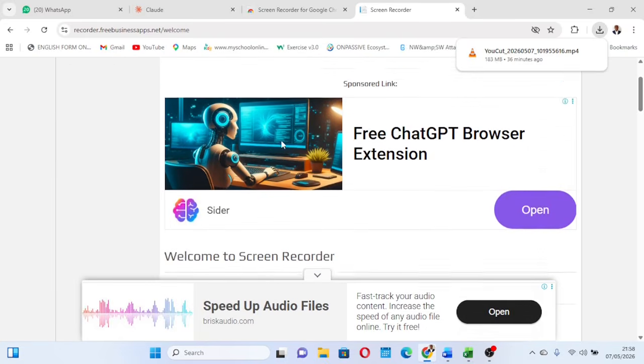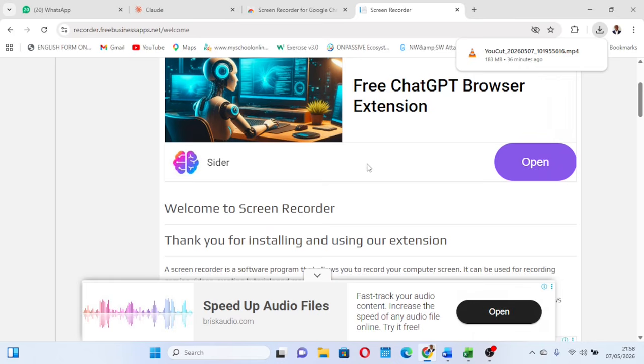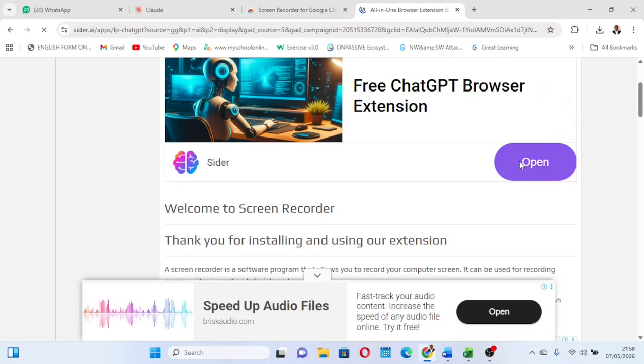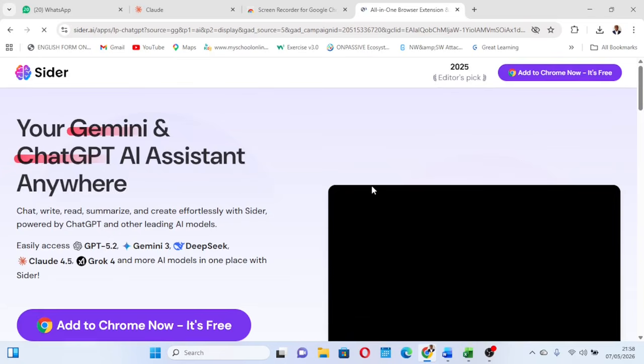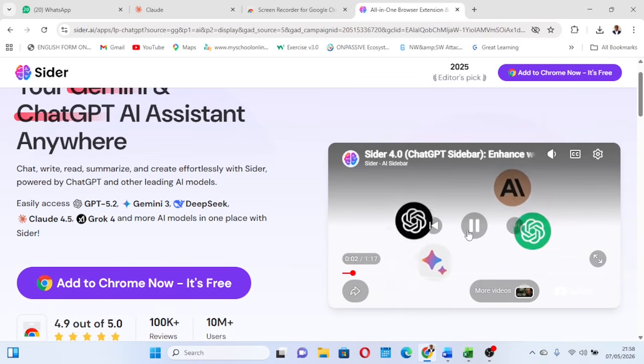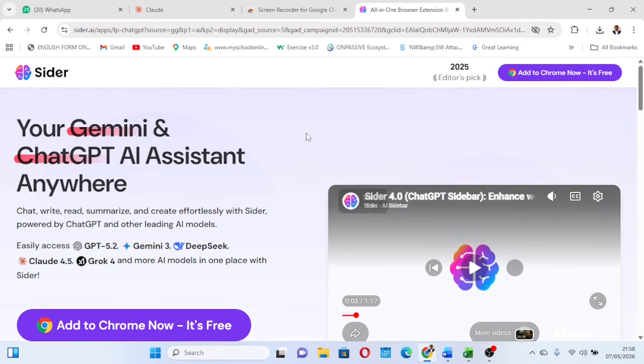Now what you are going to do here, it's very simple. It says open. You can open here to see internally how it looks. Now they will tell you how it is being used, okay. This is a video showing you how it is being used. But in another option, if you want to see this same software that you have added into your space, all